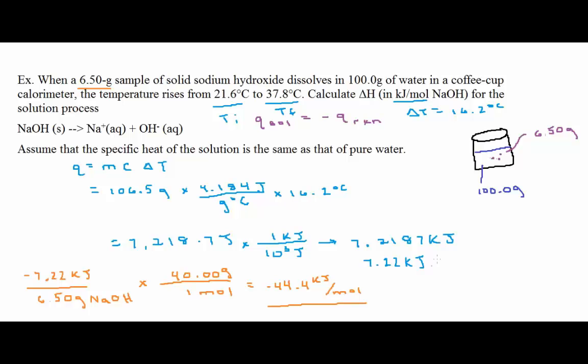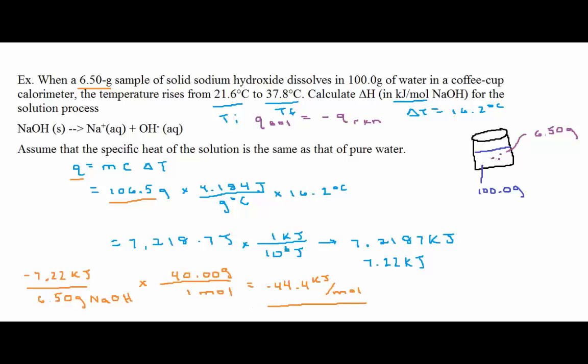So keep in mind a couple of quirky things about this problem. First of all, when I'm calculating the heat of the solution, I need to consider the mass of the entire solution, not just the solvent or the solute. And when I'm finding the change in enthalpy in the end, instead of just having it in kilojoules, if it asks for kilojoules per mole, you acknowledge the fact that 7.22 kilojoules of energy are being released per 6.50 grams of NaOH that are dissolved, and therefore using that assumption you can then calculate how many kilojoules per mole are